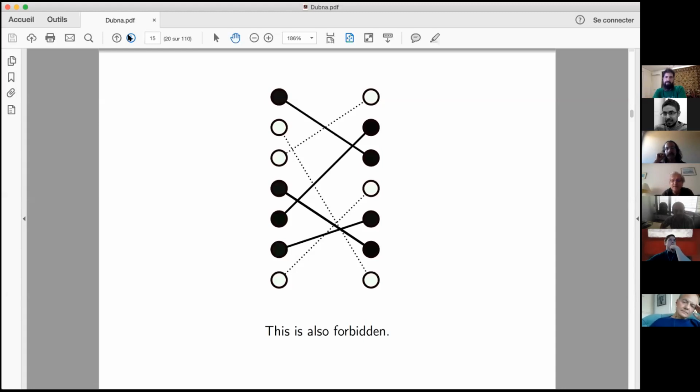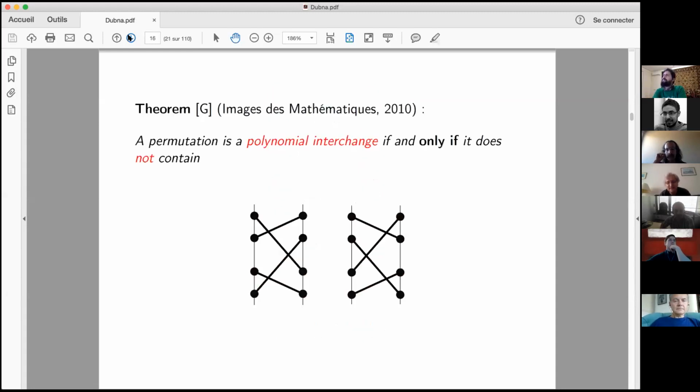So the theorem that I proved, and it is very easy to prove actually, is that this observation of Conceivage is the only obstruction. If a permutation does not contain one of these 2 forbidden permutations, it does occur for some collection of polynomials. So I was rather happy with that. And immediately I asked myself new questions. And the questions are more complicated. And what I want to tell you today is what I did concerning these more sophisticated questions.